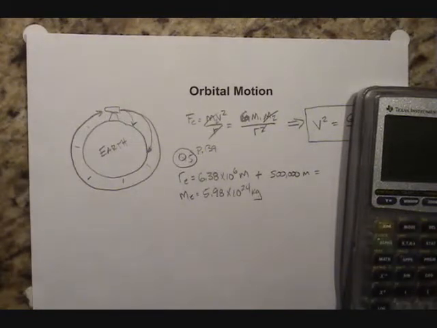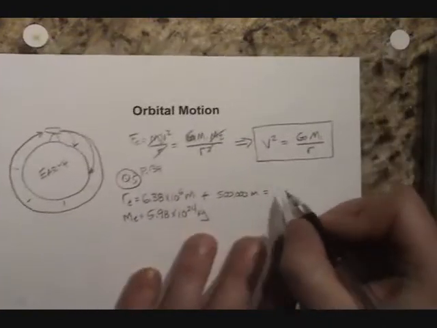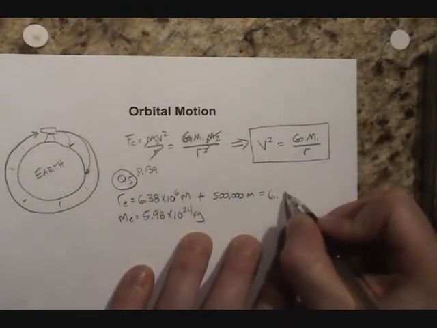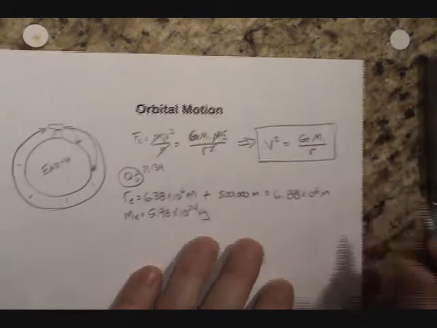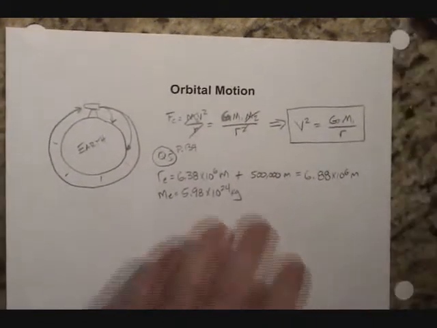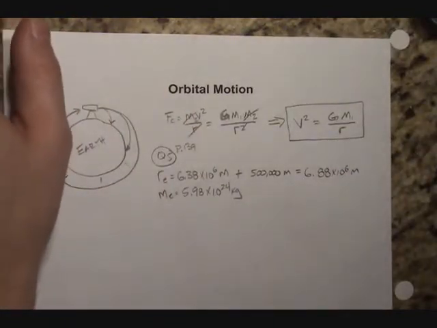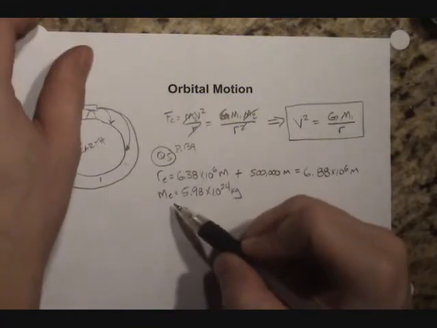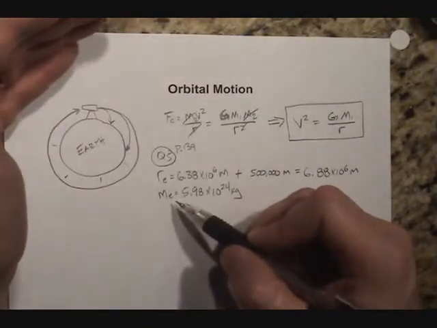6th plus 500,000 gives me 6.88 times 10 to the 6th meters. So now I have the units, I have the radius, the distance between the center of the satellite and the center of the Earth. And one of the things that's sort of an interesting fallout of the way that the